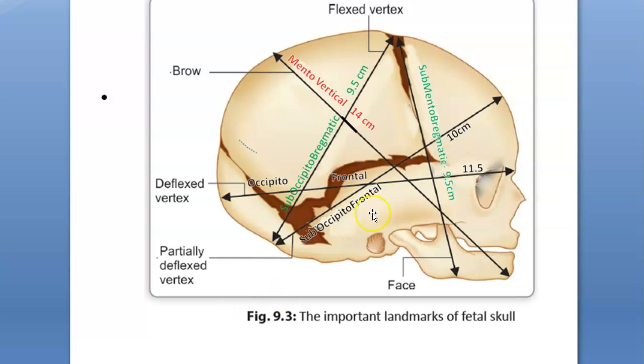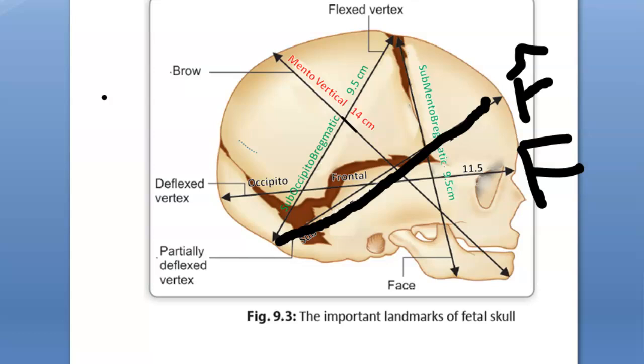In between, how many are there now in this diagram? Only two are there. And very easily you can see the two are running from, both are from frontal. They are calling this point as frontal, and this point also they are calling as frontal. Very bad, no? Both the points they are calling as frontal. See?